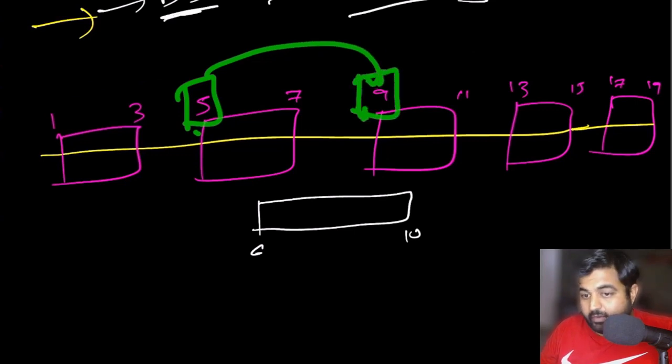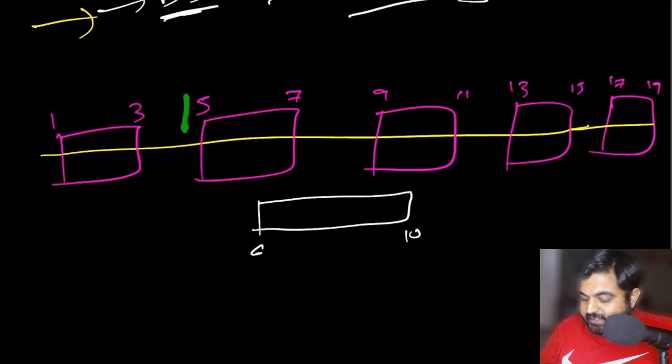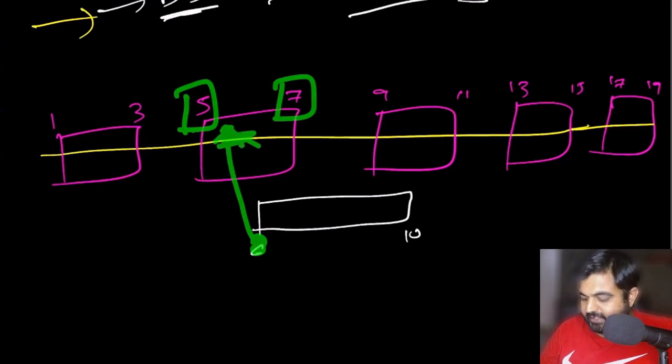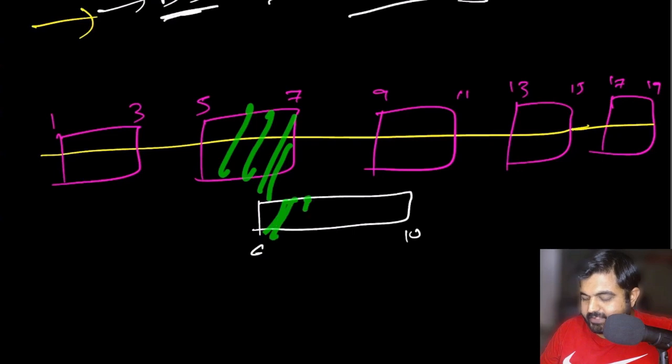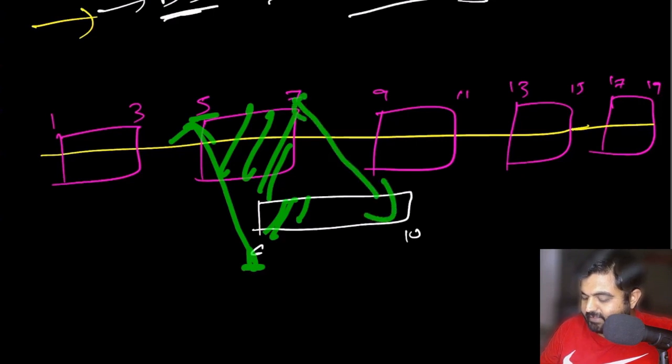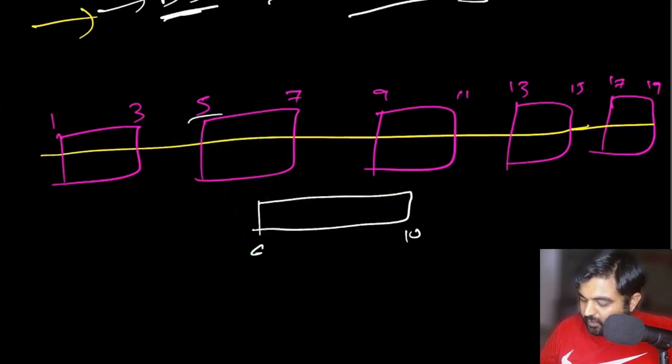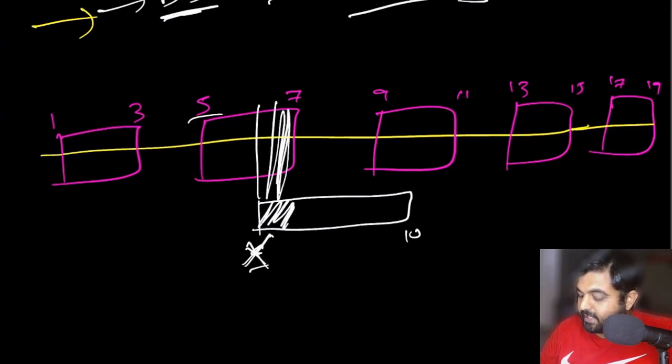And now all I need to do is check, for this interval 5 to 7, does 6 fit between them? So yeah, 6 fits right over here. So I can definitely know that I will have to do a merge operation over here. I know how to do the merge operation, picking the smaller value between these two and picking the greater value between these two. After picking the smaller and greater values, we have already eliminated the starting position of this one. So we already took care of this part. But now we will have to take care of the ending part as well.